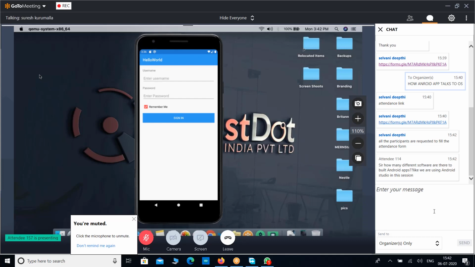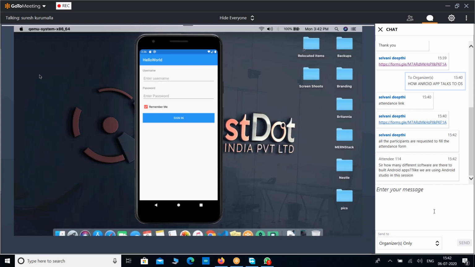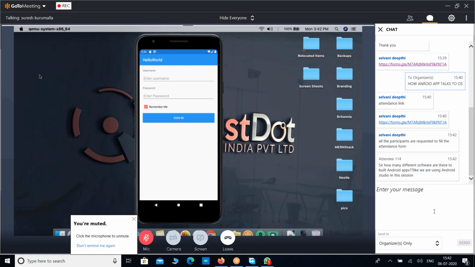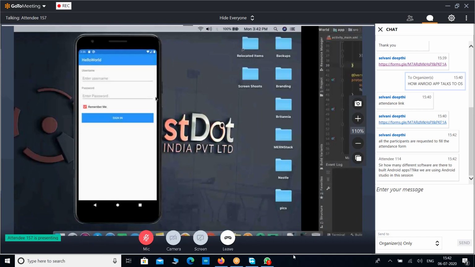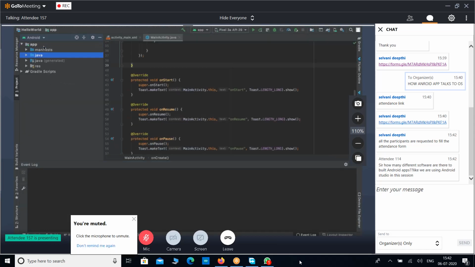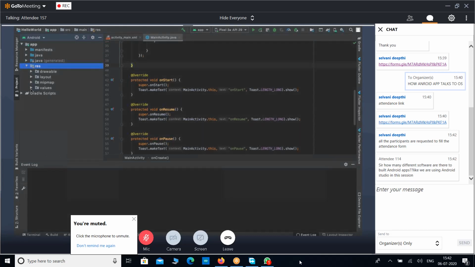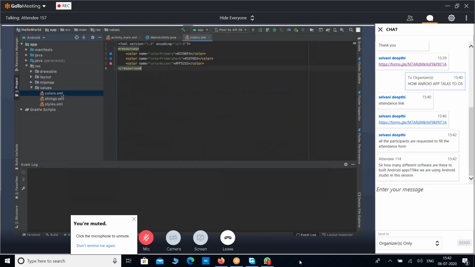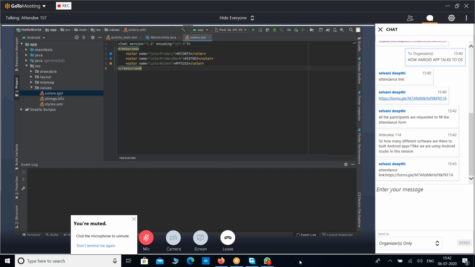Sir, one of the participants is asking, Swarnalata, from Lankapalli Bullaya College of Engineering for Women: will you once again explain how to change the theme of the app? Sure. If you want to change the theme of your application, inside your project directory, look into the folder called res. Inside the res directory there is a values subdirectory, and inside values there is a file called colors.xml.